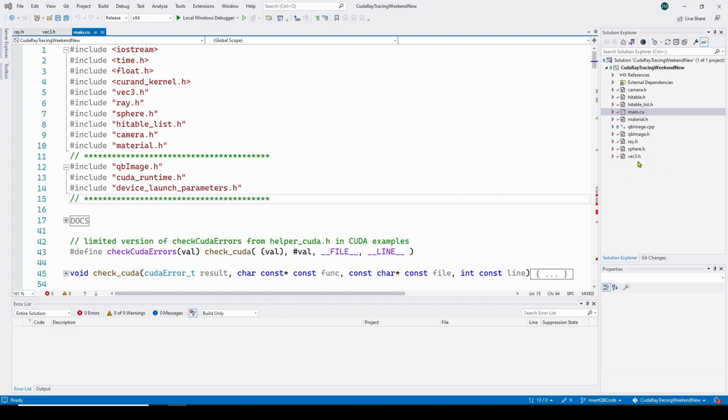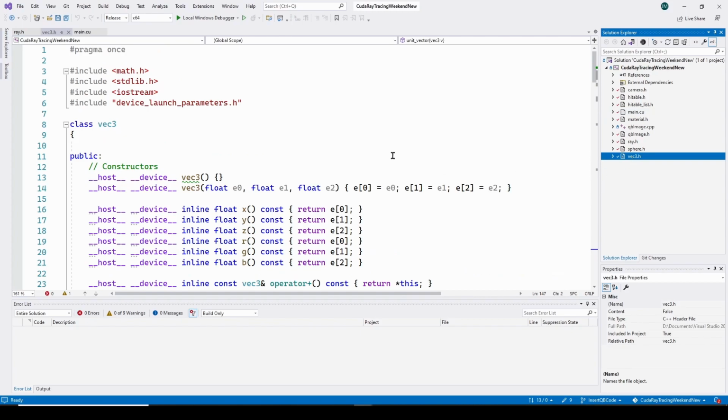You use the vec3s a lot for XYZ coordinates for a vector, and you also use a vec3 for colors, right? RGB. Let's take a look at this vec3, and ultimately what I want to do is bring this vec3 code out into a separate application, a separate solution, and play with it a little bit, which I think is really important, so you get a feel for actually what the functionality is in this vec3 class